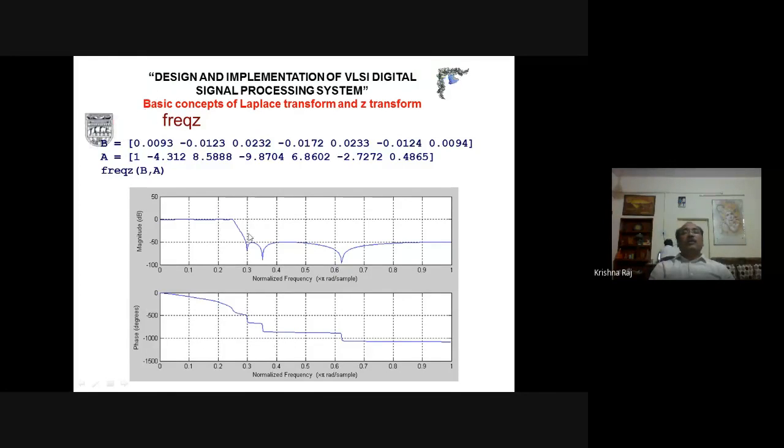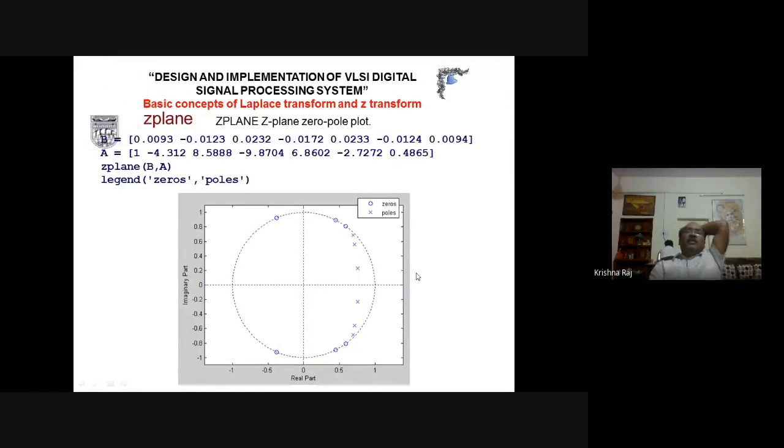We will get here the magnitude as well as the phase response. If we are interested in getting the pole zero plot in the Z plane, that is related to the discrete time system or the digital system, again same, nothing is special. We have to follow the same procedure. Just remember what we have to do. We do not have to memorize so many commands and so many concepts. We have to just remember what we are trying to do.